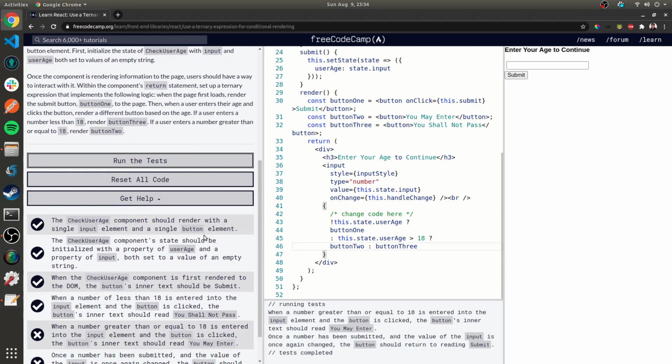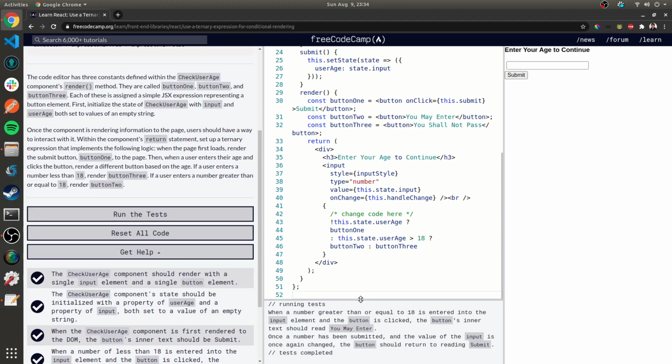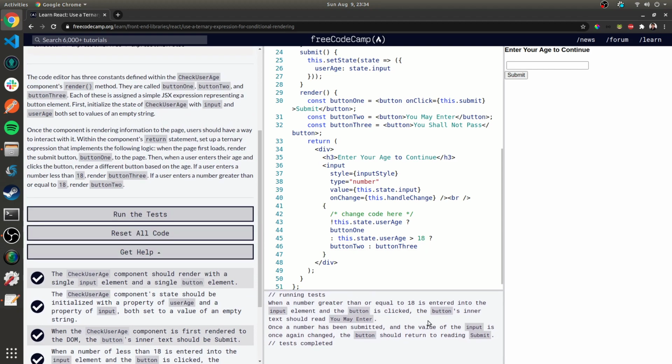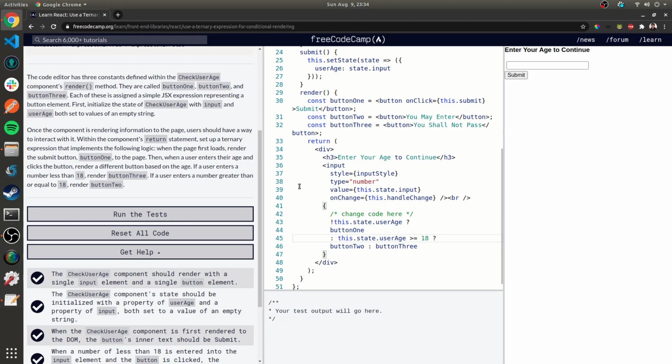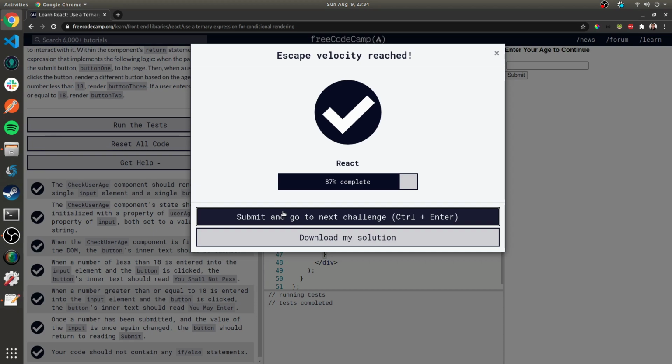When a number greater than or equal to 18 is entered into the input element and the button is clicked, the button's text should read, you may enter. Okay, I think we should add in button 2 is you may enter, so equals. Next challenge is